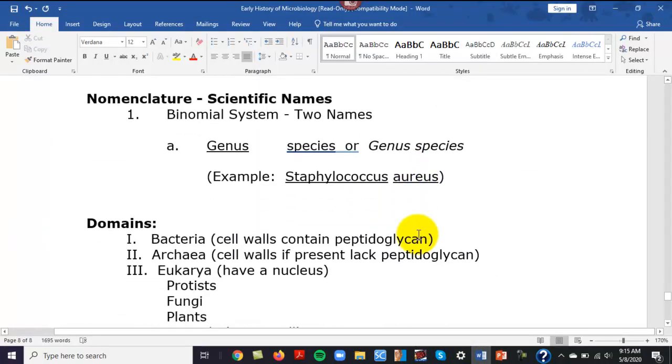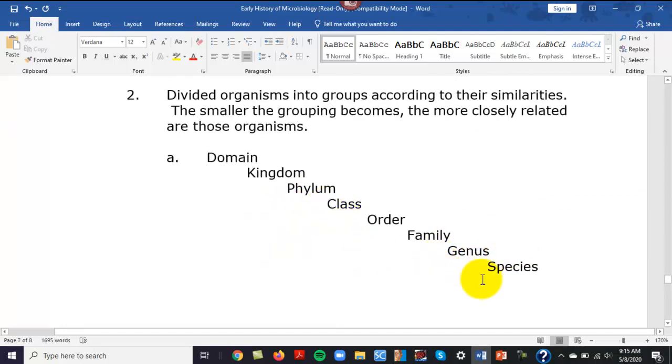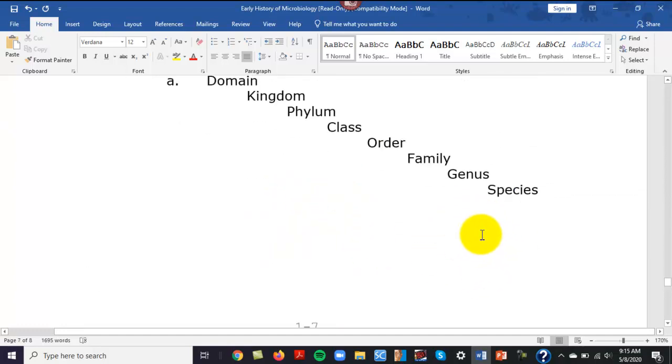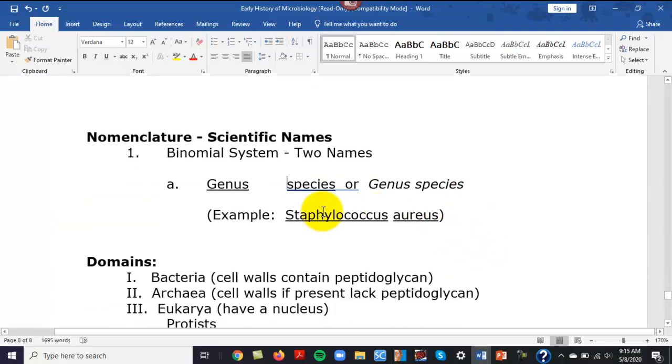Now, how to write scientific names. Genus, species. Now you capitalize the genus name and then you lowercase species, or you can do it in italics. Now if you're actually writing something, which in the case of our course you'll not be writing anything handwritten, of course, but that's the correct way to note the genus and species. And you saw at the end, the very end of the classification system, human beings, we are Homo sapiens. Homo is the genus, sapiens is the species. But that's the correct way to write it.